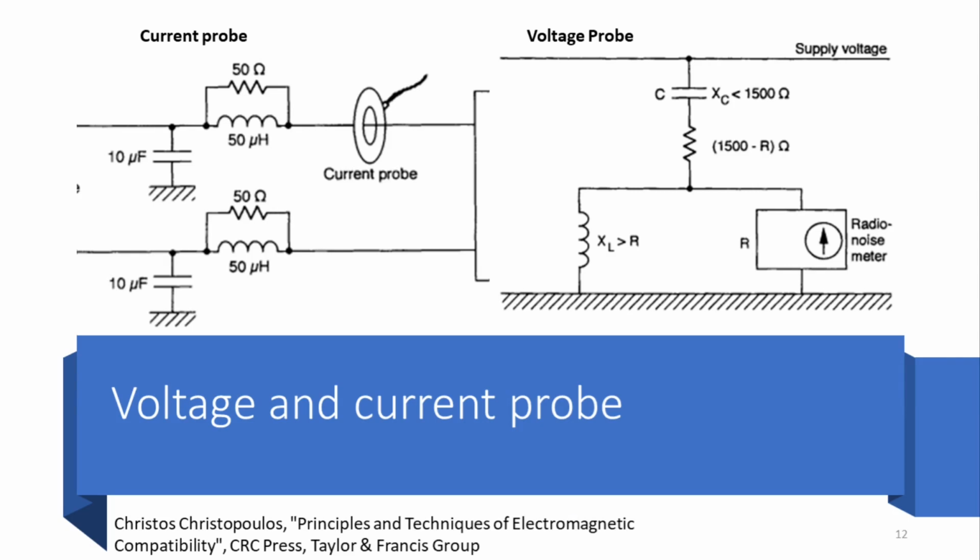Alright, now coming to the voltage and current probe, a modified conducted emission test setup that may be utilized at a user's installation using the voltage probe is shown. So to the right is the voltage probe method, and to the left is the current probe. A voltage probe may also be used where the use of LISN is impossible due to high current requirements of the EUT. In the test setup with the voltage probe, both the EUT and the installation environment are tested.